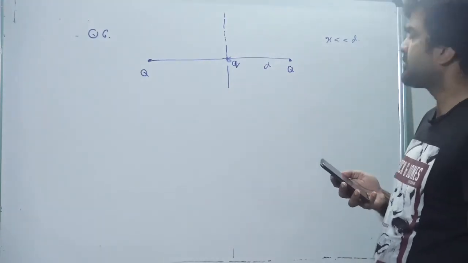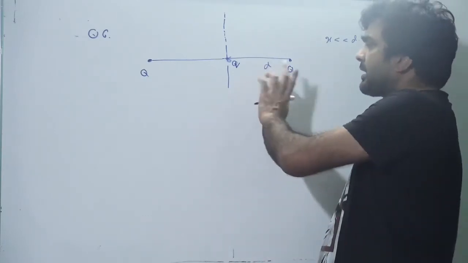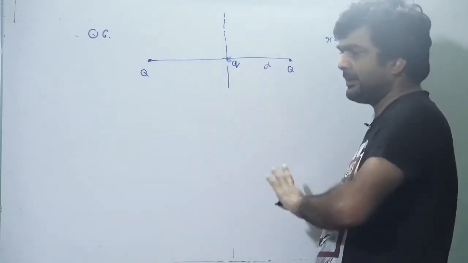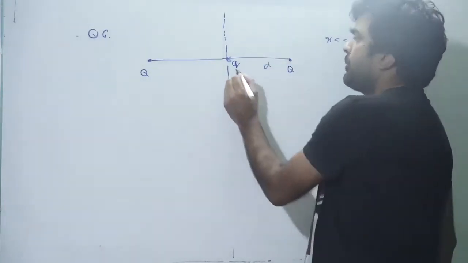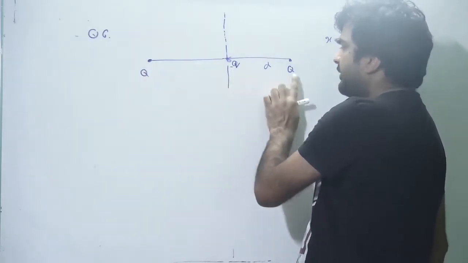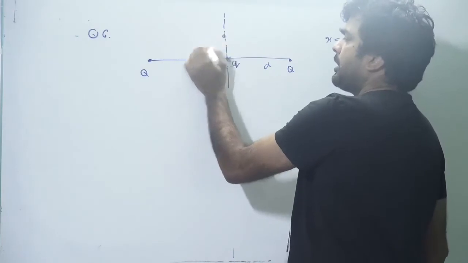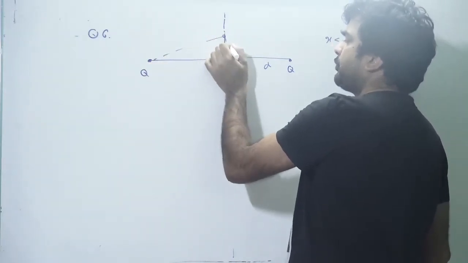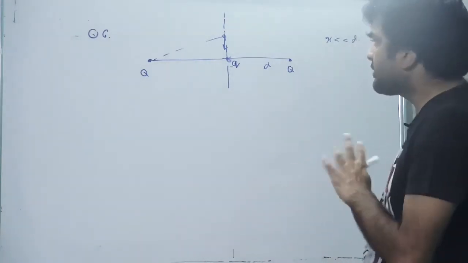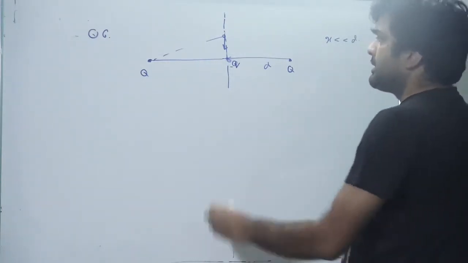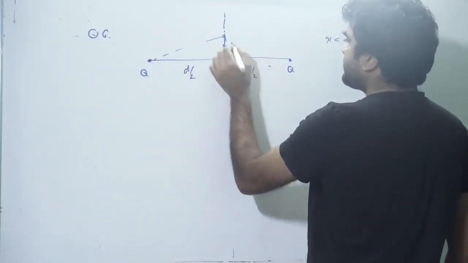Okay. So first of all, let's discuss the condition for this charge to oscillate along this line. It should be negative if in case these two charges are positive. If it is displaced slightly from mean position, it must experience a net attractive force towards the mean position for it to be able to oscillate. We have done this question earlier. This distance is d by 2. This distance is also d by 2. Half distance is d by 2.